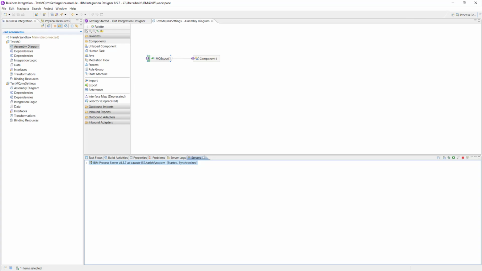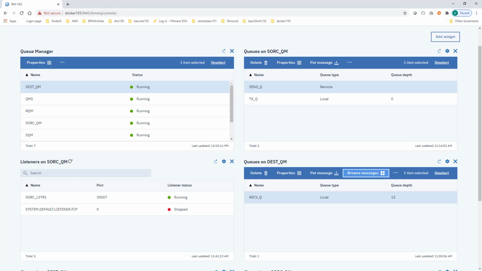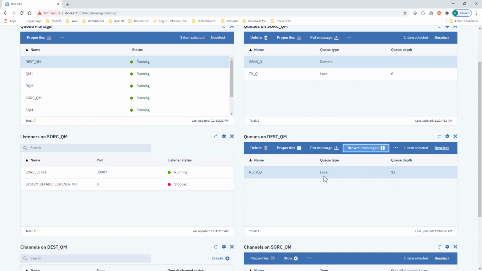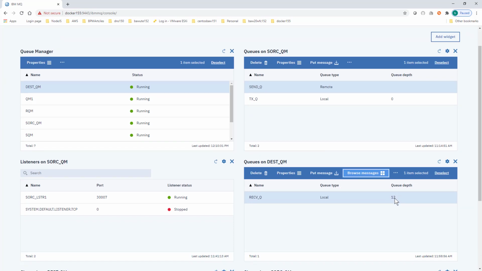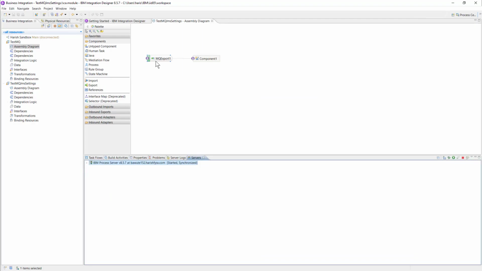So remember, we already have 12 messages, and those 12 messages are from different systems, right? We put random messages from the Windows client, from here, the send source queue manager, or even from the IID. But those messages are not in the format that this MQ component is expecting. So this MQ component is expecting